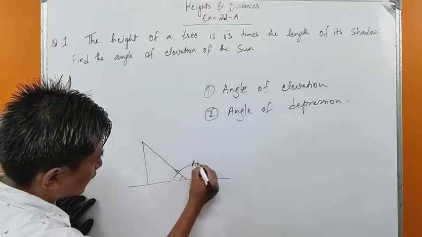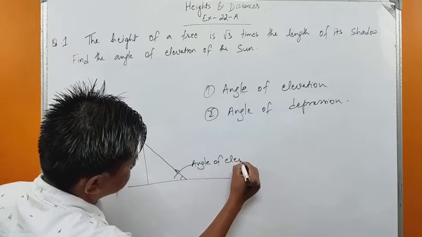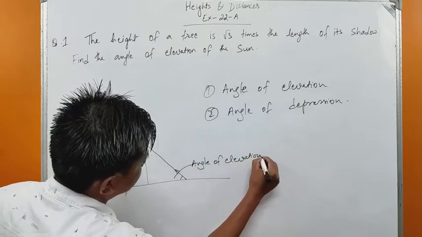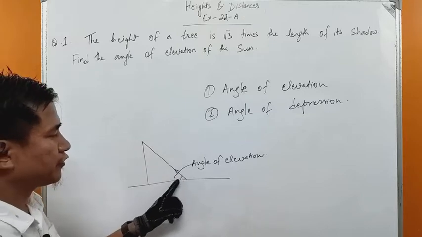This angle is called angle of elevation, which means when you look upward, the angle which is formed is called